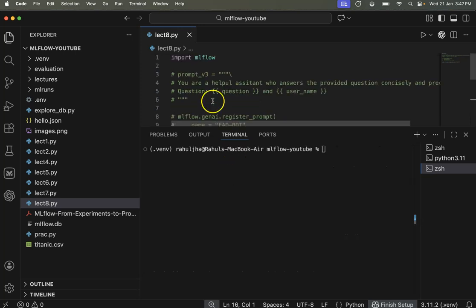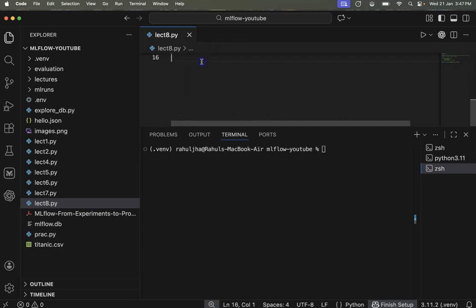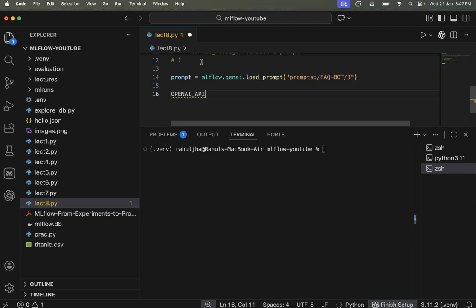After that, you need to save your environment variables, and in particular the variable that we want to save here is called OpenAI API key.